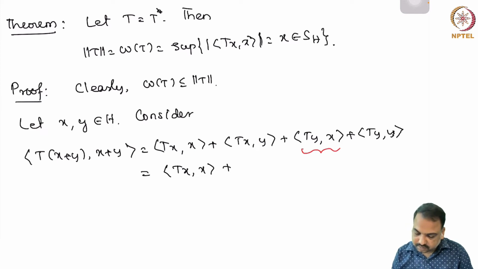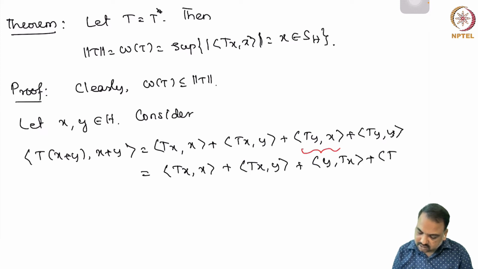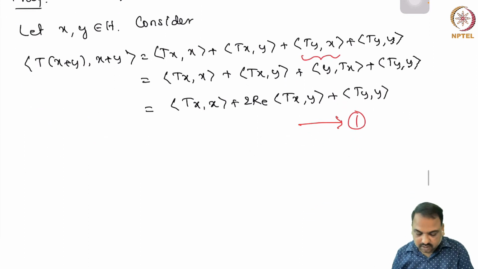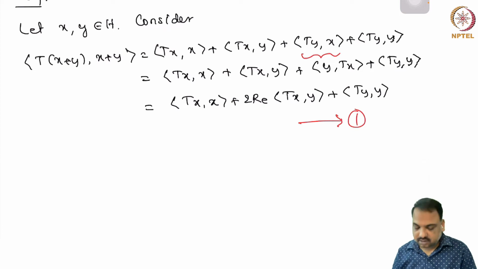So inner product Tx with y plus inner product y with Tx plus inner product Ty with y. So this is inner product Tx with x plus 2 real part of inner product Tx with y plus inner product Ty with y. So let us call this equation 1. Now in place of x plus y, if you consider x minus y,